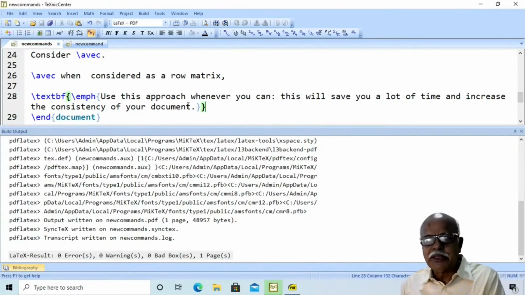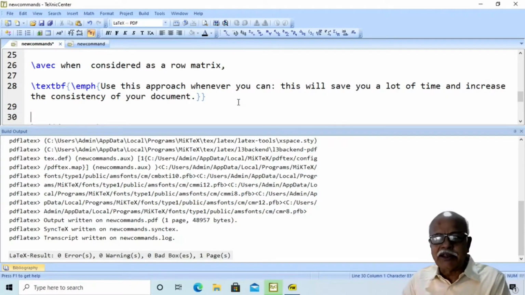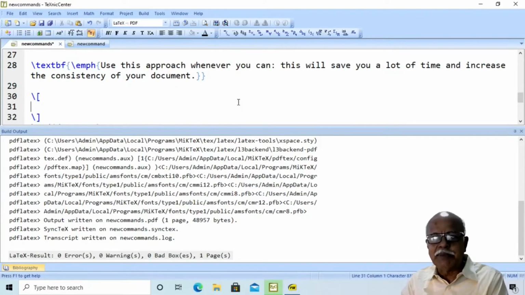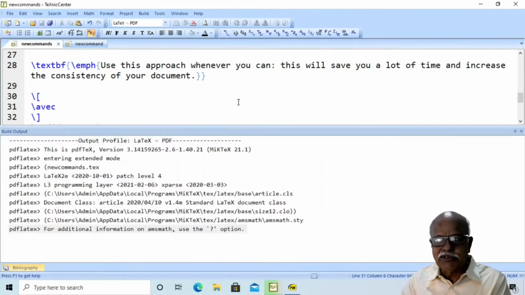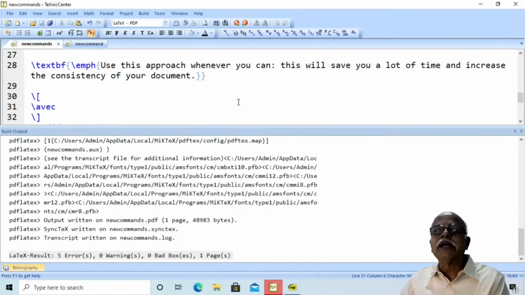Now, let us continue our discussion on \awake. Let us say we consider display math and then say \awake. On compilation, this will produce an error because this corresponds to $$. Already here we have given a dollar in the definition.